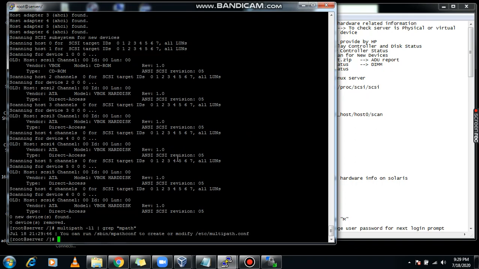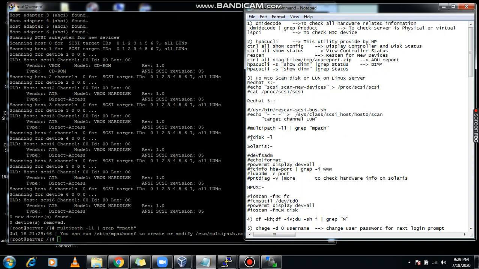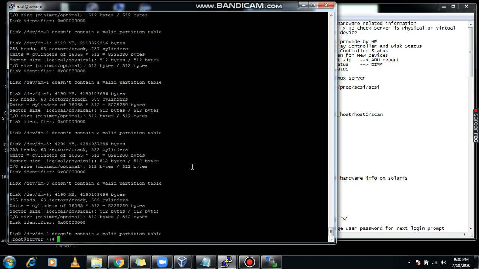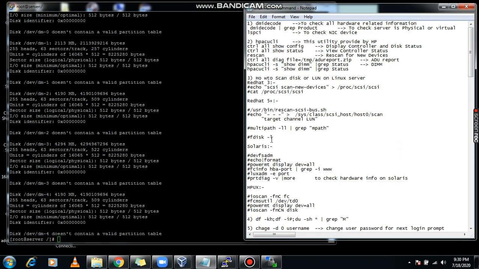Multipath is not configured on my server, that's why the output is not reflected here. Once the LUNs are scanned on your server, you can check them using the fdisk -l command. You will get the newly allocated disks from the storage end.